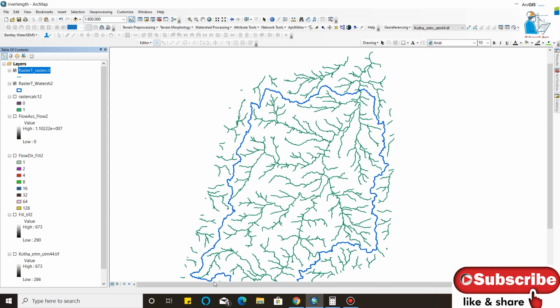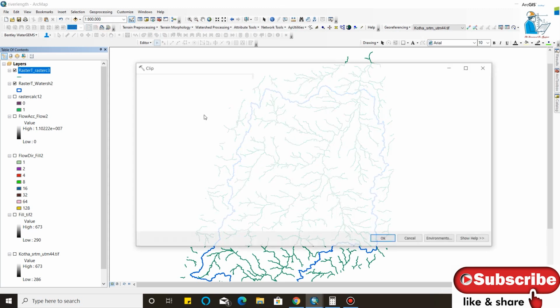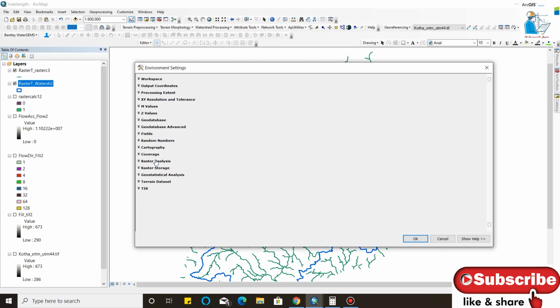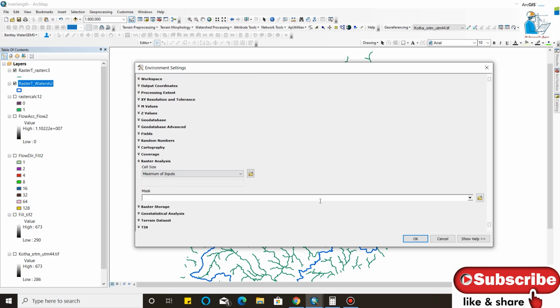Now we will clip the polylines inside the watershed. So go to geoprocessing and click clip, and select the input feature. Input feature is my streams and my clip feature is watershed. By clicking in environment, you have to select the mask.